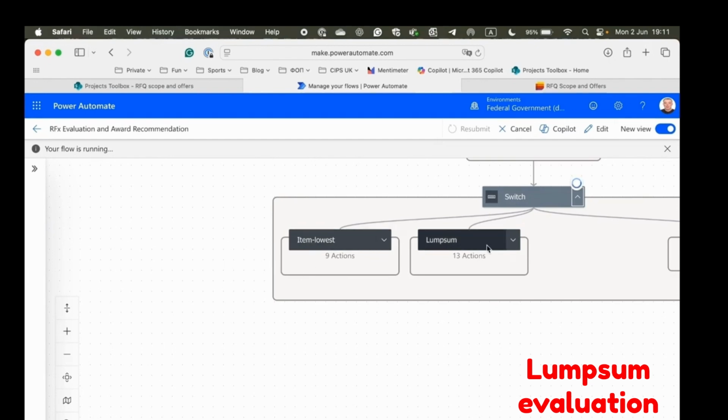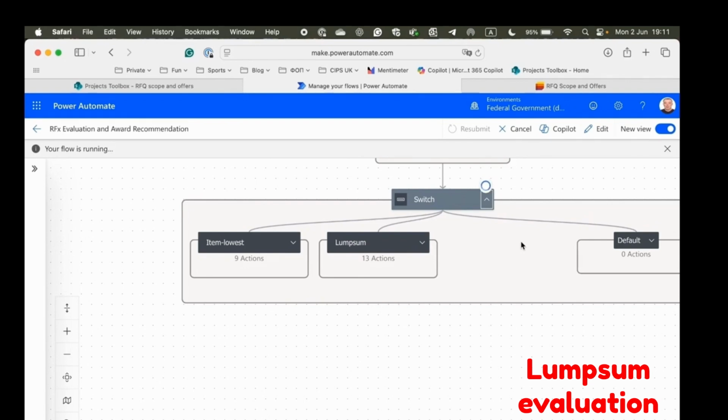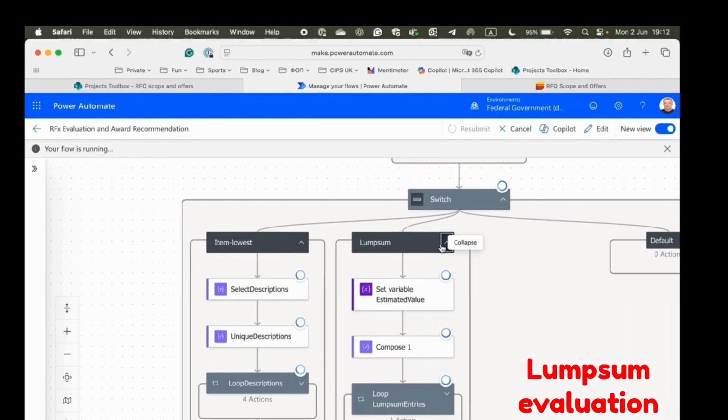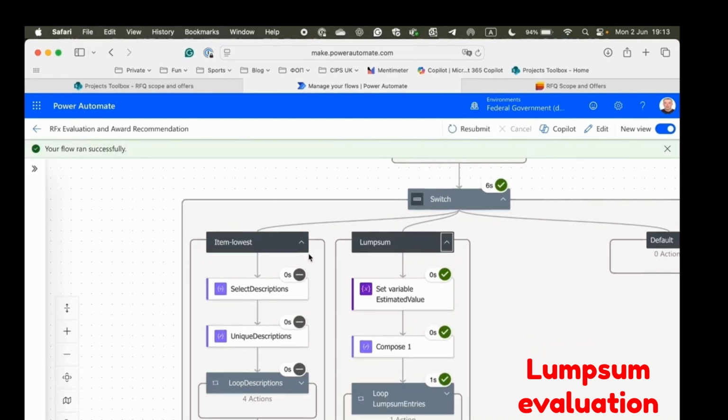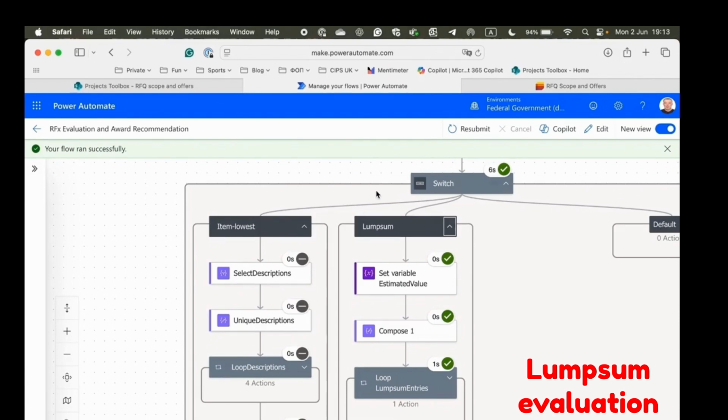You can see we have 2 branches of the process. This default branch is there and not necessary in our case. We have 2 branches, item lowest and lump sum, which correspond to the evaluation method we have already predefined in our form. The wheels are still rolling, the process is ongoing. You can see these black circles mean that this branch has not been activated since we started to work according to the lump sum scenario,